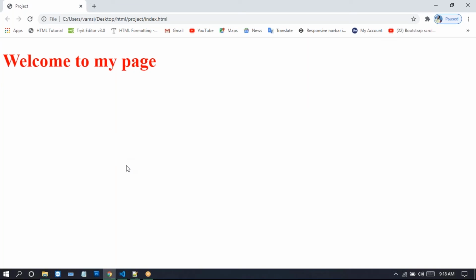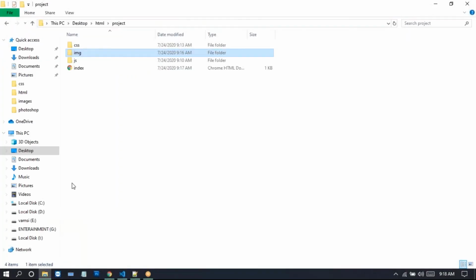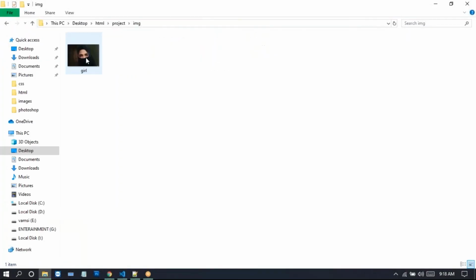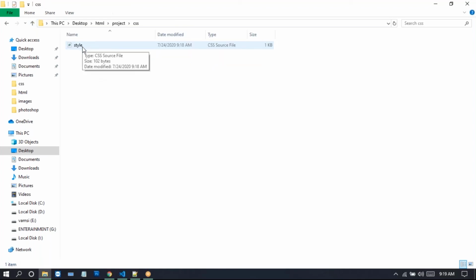See, if you run this on the browser, nothing will be displayed here. Why? Because we need to give the accurate relative file path. Open this folder. This image will be in the images folder.